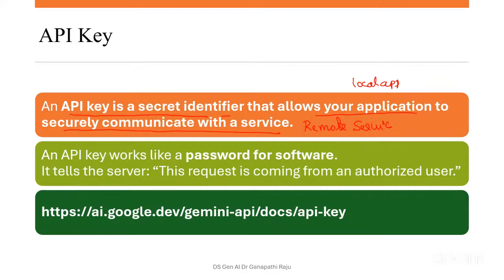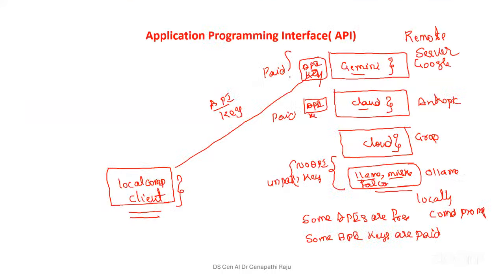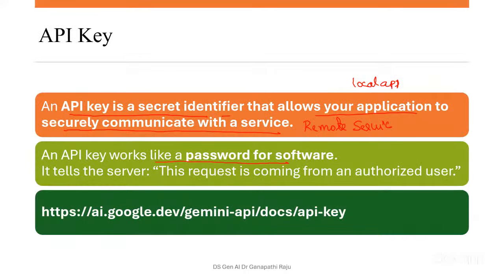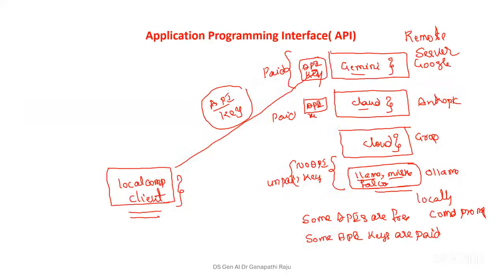Now this API key works like a password for software. If you want to work with any kind of Gemini models, you can communicate with the API key. It tells the Gemini servers that this request is coming from an authorized person. So if you have an API key, then you are authorized to send requests